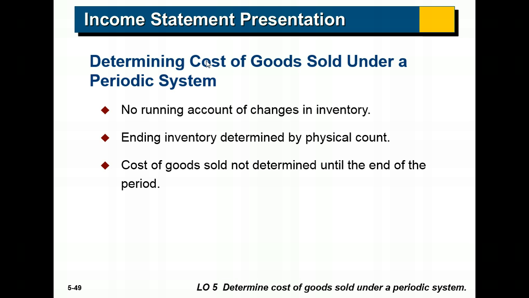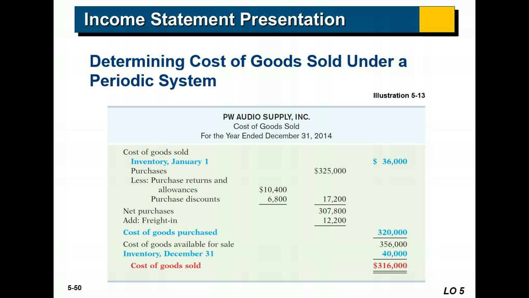So how do we keep track of the purchases when we sell goods? How do we do all this? We don't keep any account of changes in inventory. We only count our ending inventory at the end of the year to determine what's on hand. And we don't even figure out our cost of goods sold till the end of the year. So, the way in which we determine the cost of goods sold at the end of the year, we're going